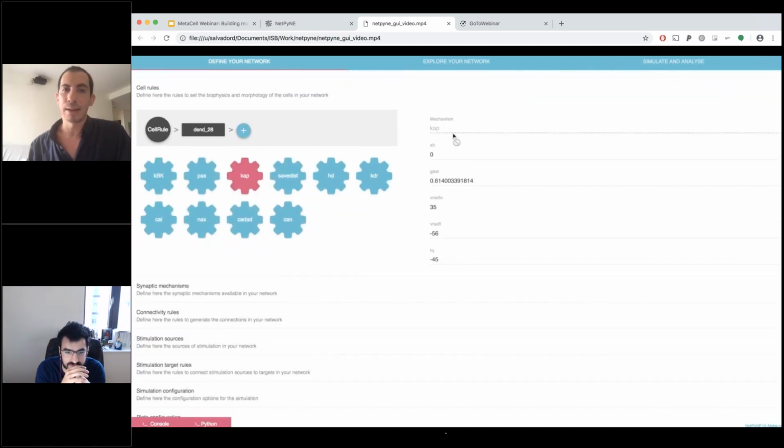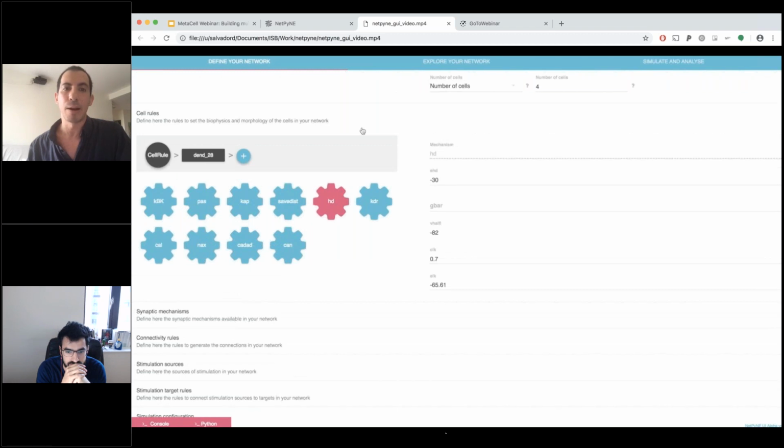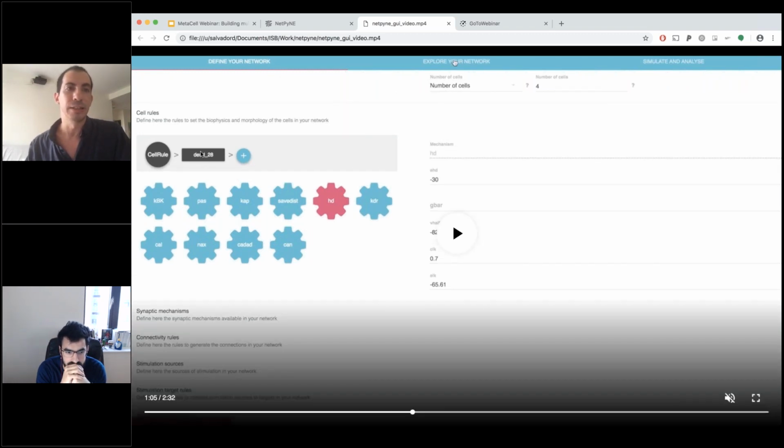And I can click on any mechanism and visualize the parameters of this mechanism. So for example, here I have for the dendrite 28, I can see all the different ionic channels that are inside this dendrite, and I can change parameters of these mechanisms. I can now click just in Explore Your Network,